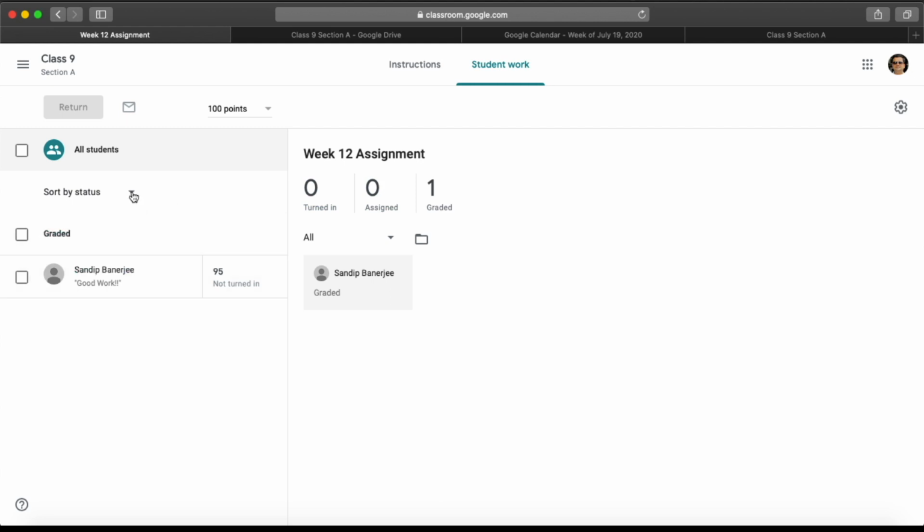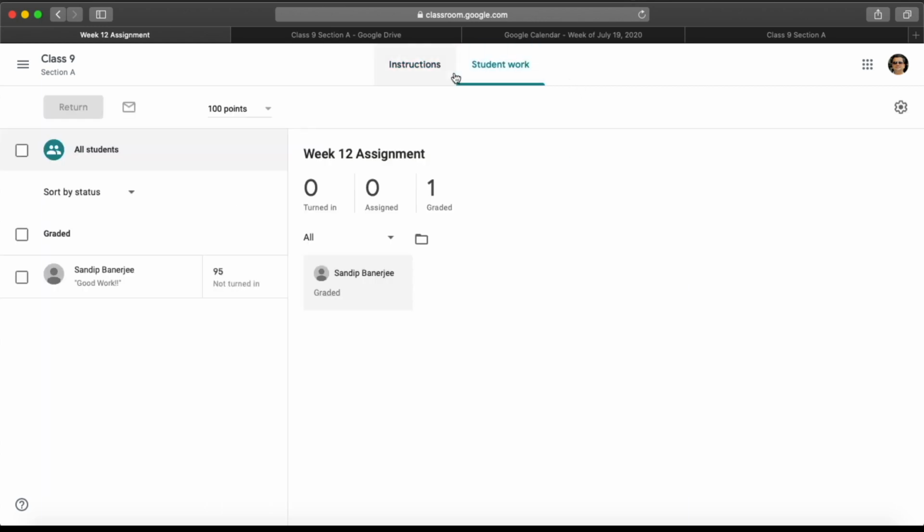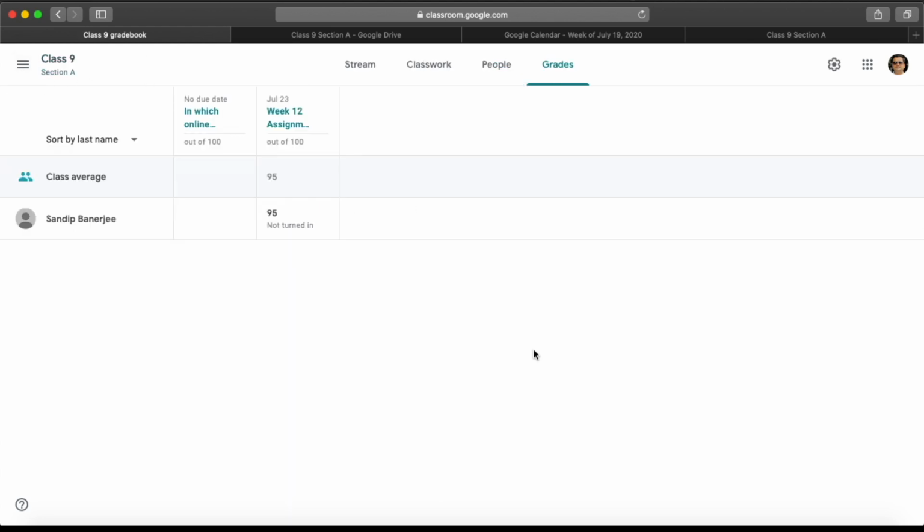You will be able to see your student-wise details also. You will also be able to see the private comments, whatever you have added. So all those are available. You can go back to that assignment to see what was requested in the instructions tab, and that will give you an idea of what the assignment was all about. So these are the available options under the grade tab. Let me go back to the class again. Grade is also a detailed subject. Considering this is a quick video to set up your Google Classroom and get going, I have not added these descriptions. There is a detailed course available on this particular topic that you can follow.